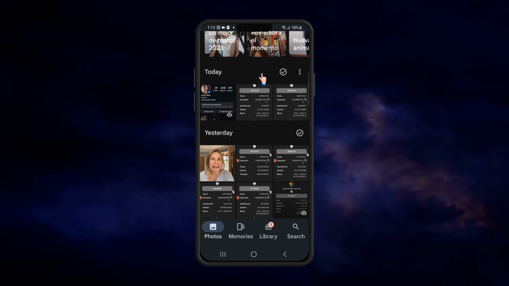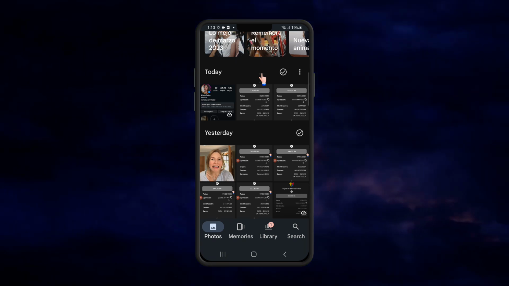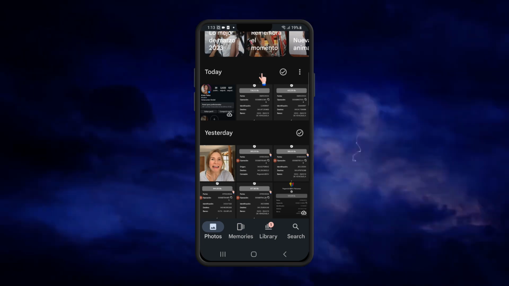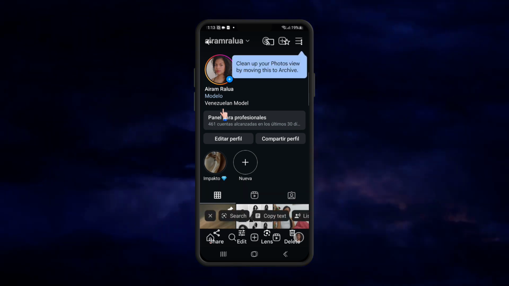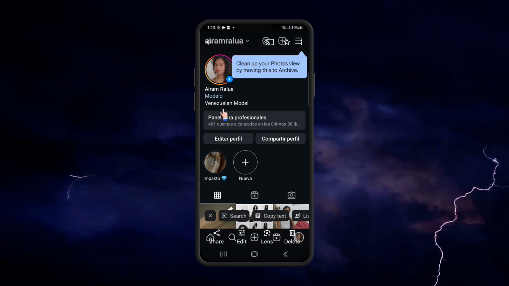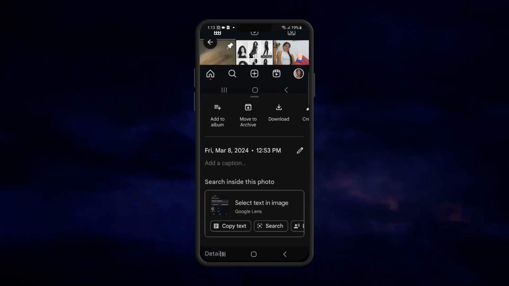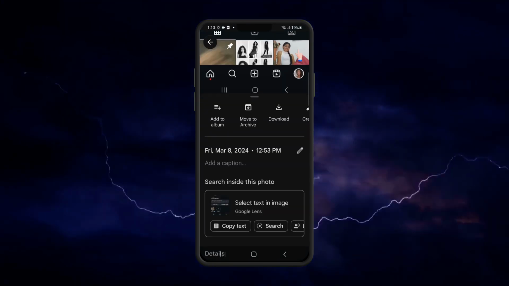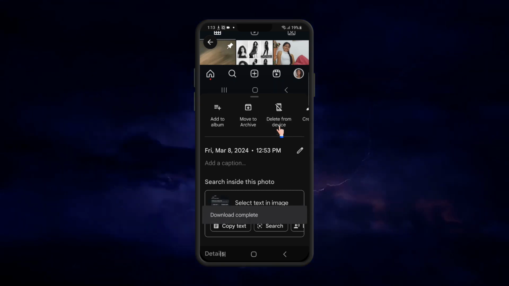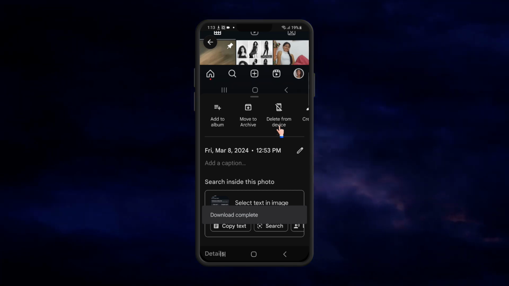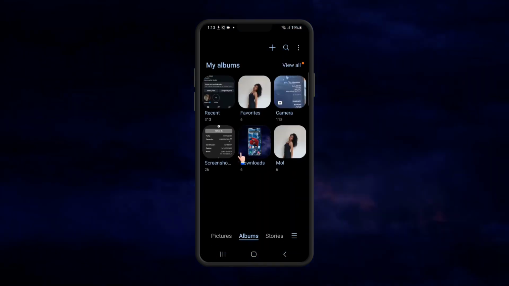once you have created a backup copy and you no longer have the photo in your gallery, what we are going to do is select the photo you want, and you can see that at the bottom a small icon with the three dots will appear. Select here and you can see the option download. Press in and the photo or video is downloading,